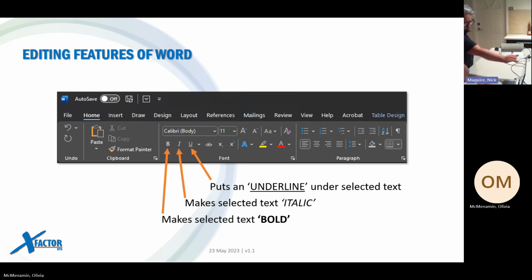Yeah. So within the font option, you've got the B for bold, the I for italics, and the U for underline. As you hover over each one of these icons, it will actually tell you what it does. If you have some spare time on your hands at work, you can just have a little play with those. So you can see we've got a piece of text here about the importance of effective